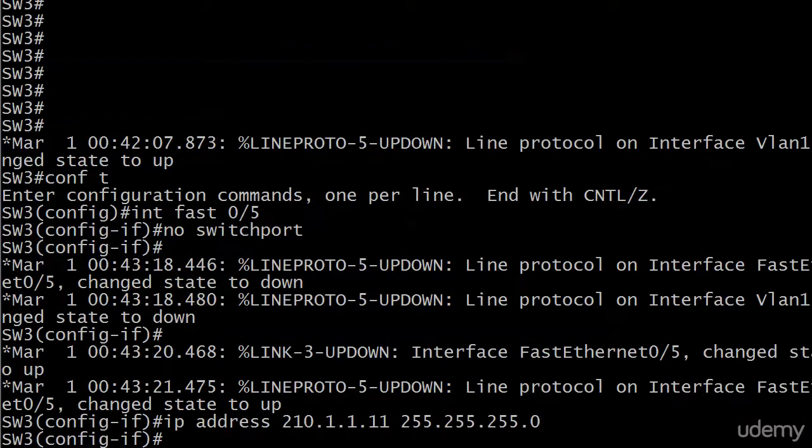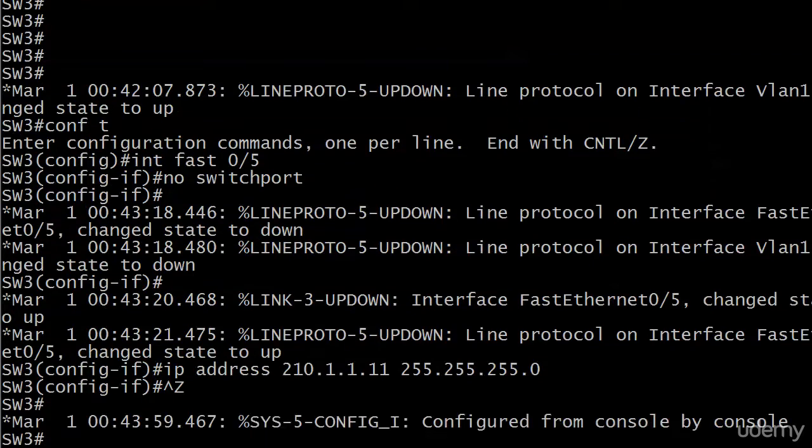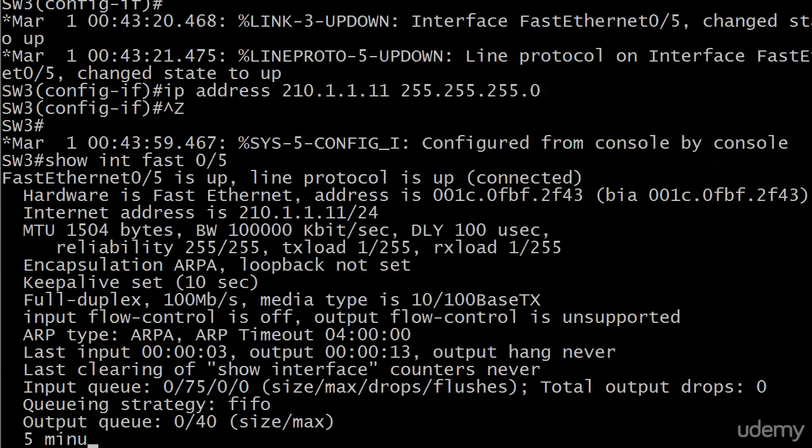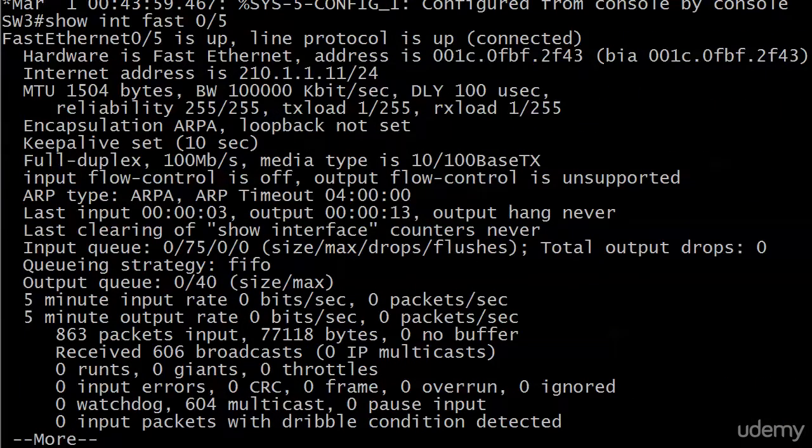And we don't have to open it because, as we know, it's a horrible default, but switch ports are open by default. That's also a security issue we have to be careful about. So let's go ahead and do a show interface fast 0/5. And we can see the interface is up. Hardware is FastEthernet. There's the MAC address and the internet address